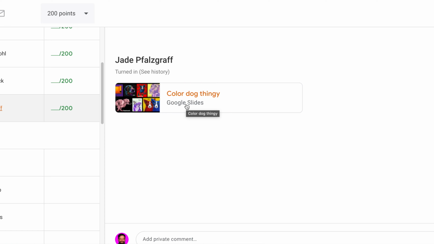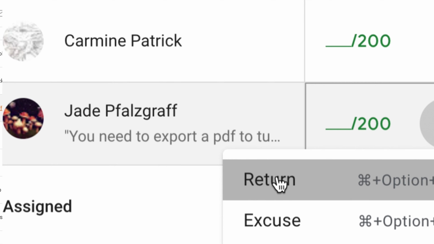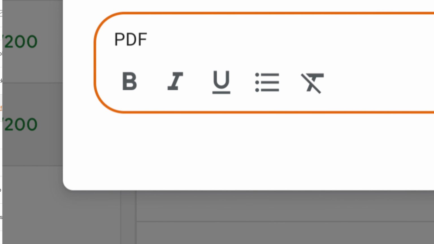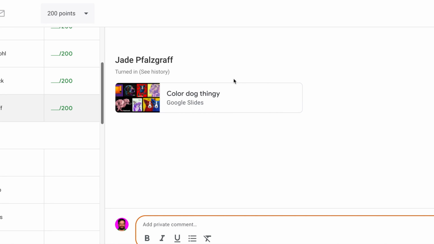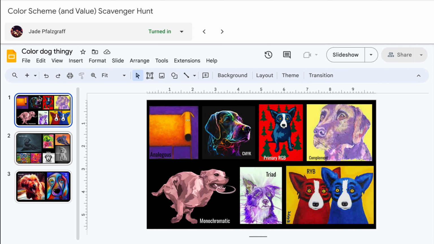If you turn in your Google Slides project without exporting as a PDF first, here's what I will do. Most likely, I will give it right back to you with a little note or a private comment that says something like this. Here's how to get it right the first time. I'm inside this Google Slides project. If you're working on your Slides project or your Docs project, you should have some controls in the same places